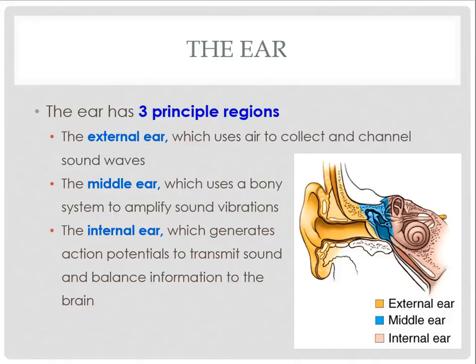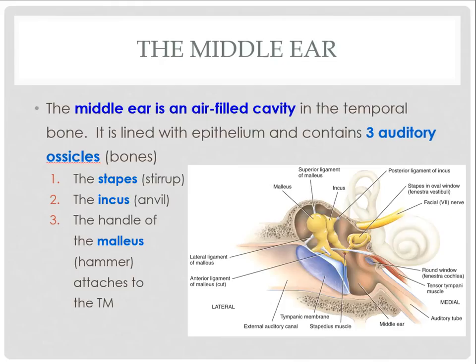The internal ear is where we're going to be able to see the action potentials that are generated as a result of those vibrations and transduce those vibrations, as well as balance information, over to the central nervous system. Looking at the middle ear, in between the external and the internal ear, is going to be an air-filled cavity